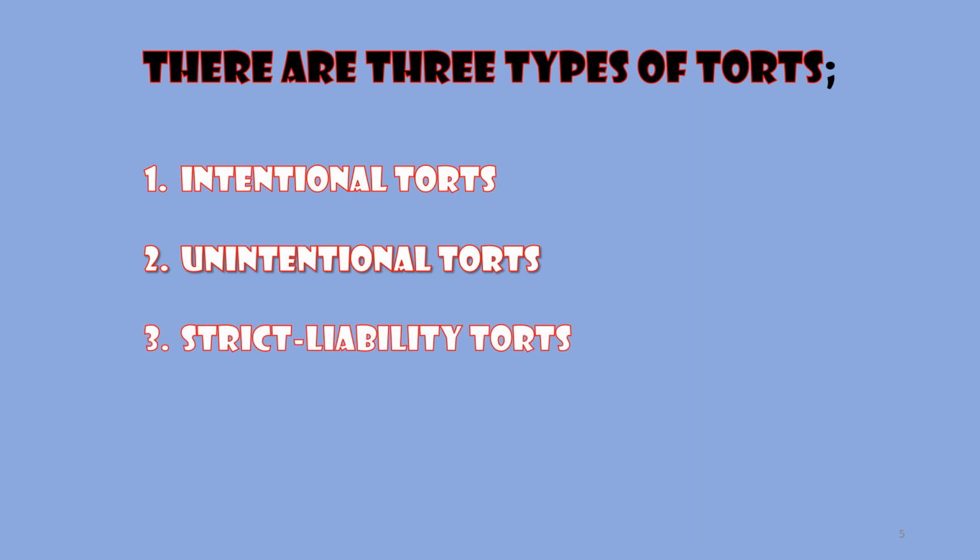Third type of tort is a strict liability tort. Strict liability torts occur when the defendant takes an action that is inherently dangerous and cannot be undertaken safely. Fireworks come to mind for me, right? When people are doing fireworks displays, they're engaging in strict liability tort-like action. If anybody is injured as a result of the fireworks displays, they'd be liable, even if they took every precaution they could think of. Why? Because fireworks are inherently dangerous.